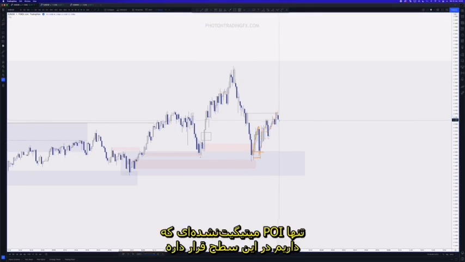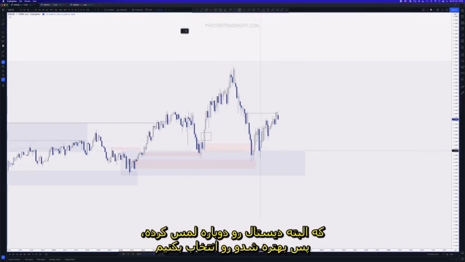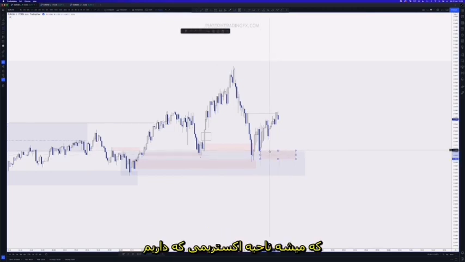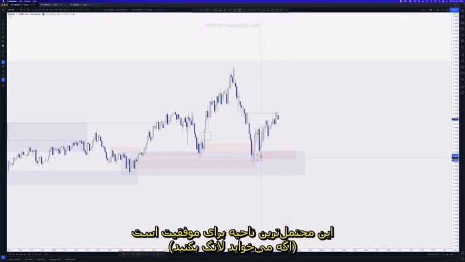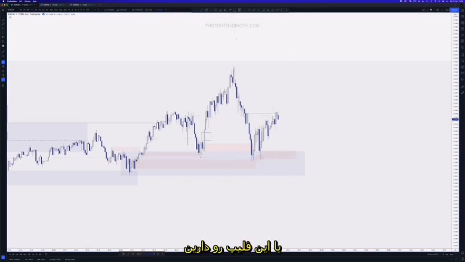The only unmitigated POIs that I would view are this level here, but then it's where we touch the distal, so probably take the wick, and that's just the extreme. It's following the mitigations, right? That would be the highest probability if you wanted to take this, but even then I wouldn't really be that convinced. Or you have the